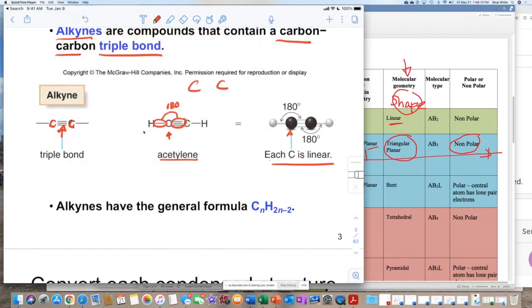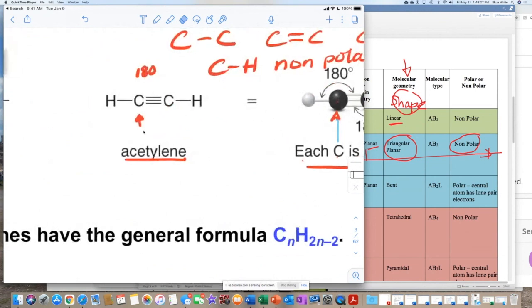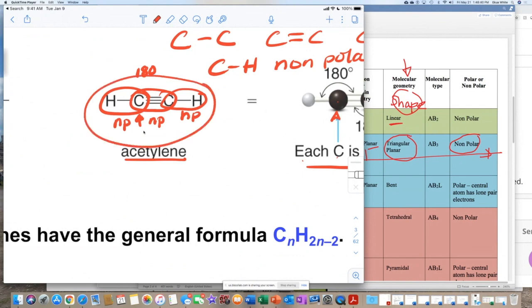Carbon-carbon bonds, regardless of whether they're single bonds, double bonds, or triple bonds, are non-polar. And the carbon-hydrogen bond is also non-polar. So if all the bonds in the structure here are non-polar, let me try to isolate them. This bond here, I'll call it NP, is non-polar. This bond here is non-polar. This bond here is non-polar. If everything is non-polar, the whole molecule is